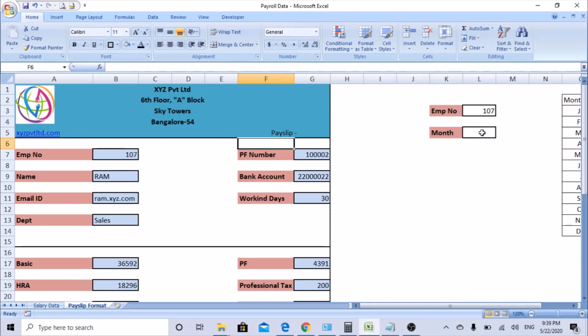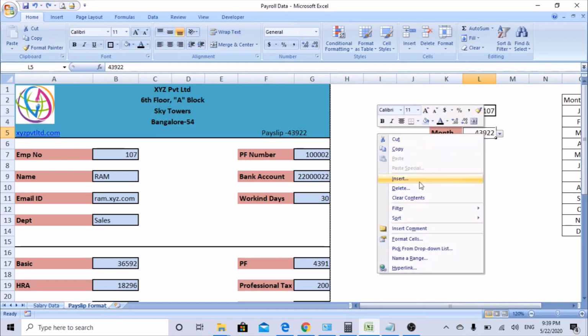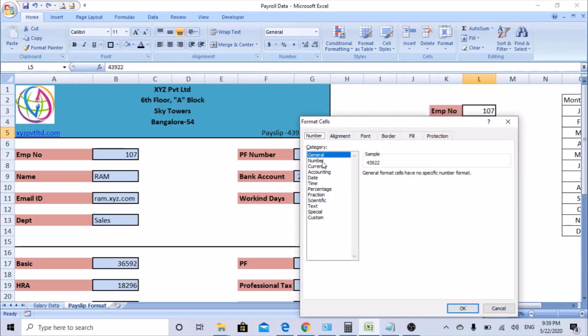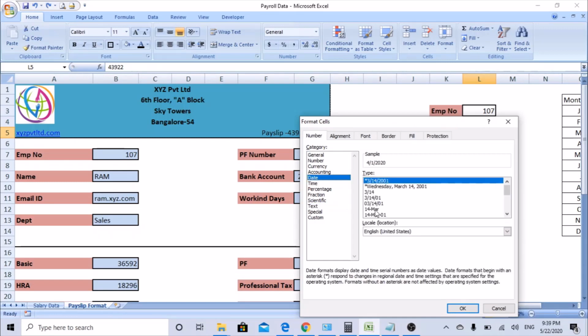So hit enter. Now nothing is showing. Let me select the April month. Okay, the thing is that this format has changed. I know why it is happening. Let's try, and if it doesn't take, then we'll make some changes.